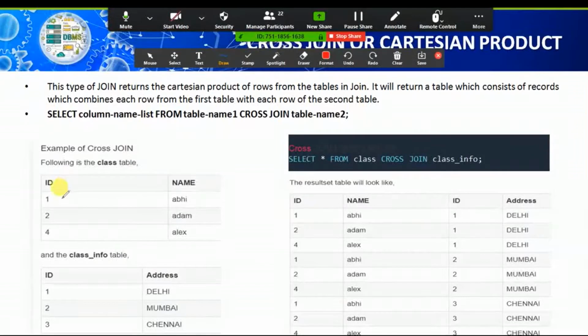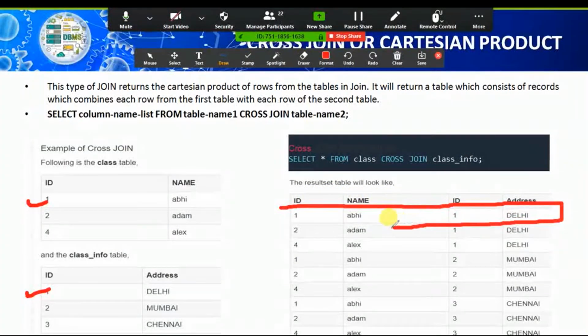In the first table class we have IDs 1, 2, 4 and Abhi, Adam and Alex. It will merge both of them, like 1 Abhi, 1 Delhi. This one and this one merged as a single row in the cross join.